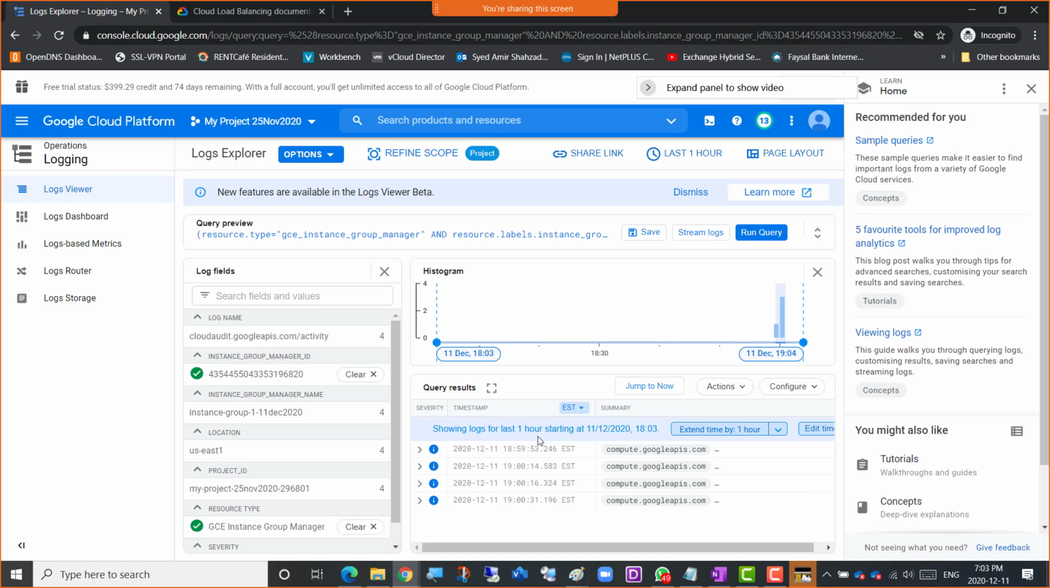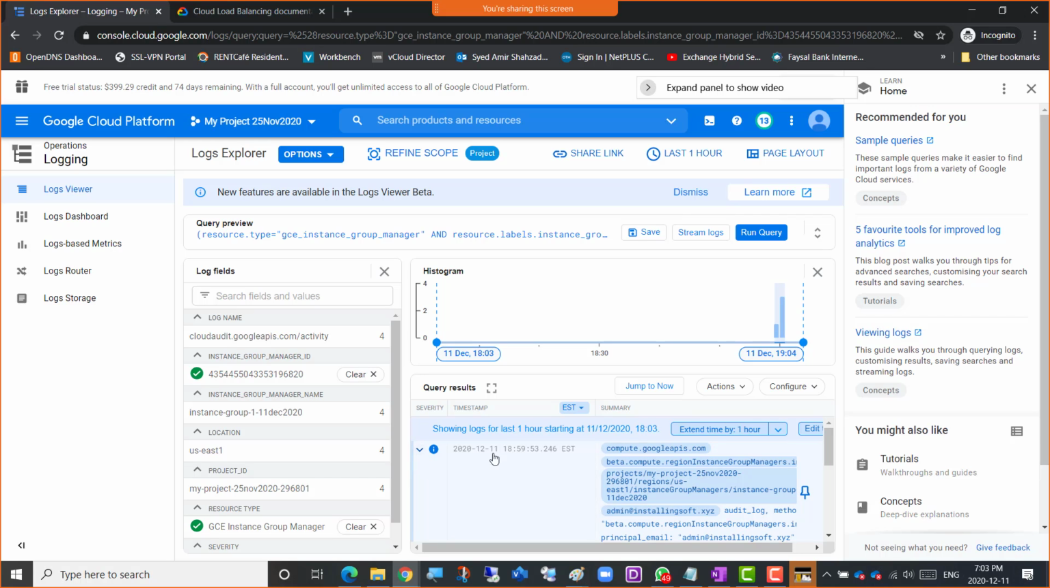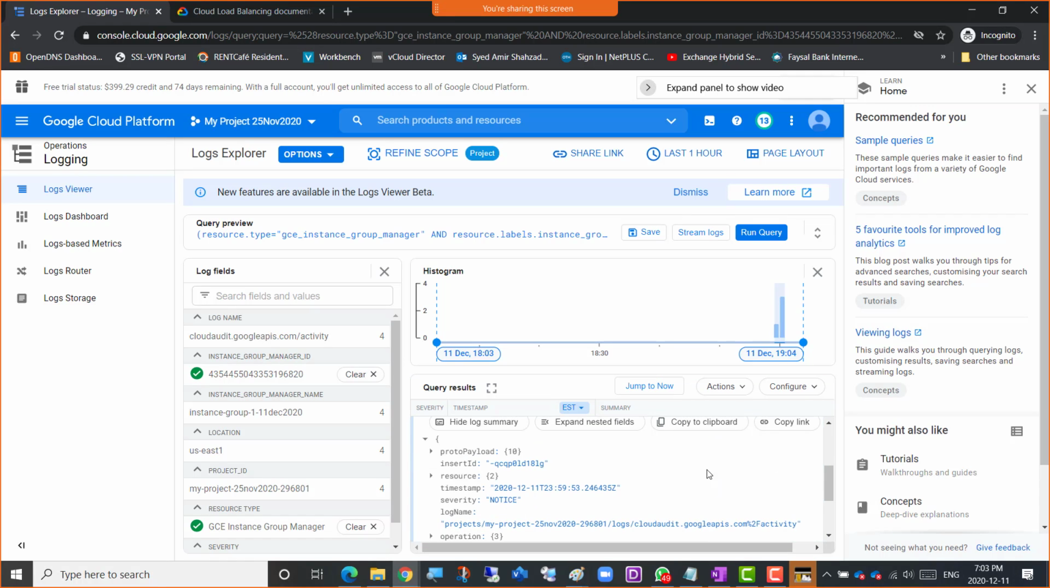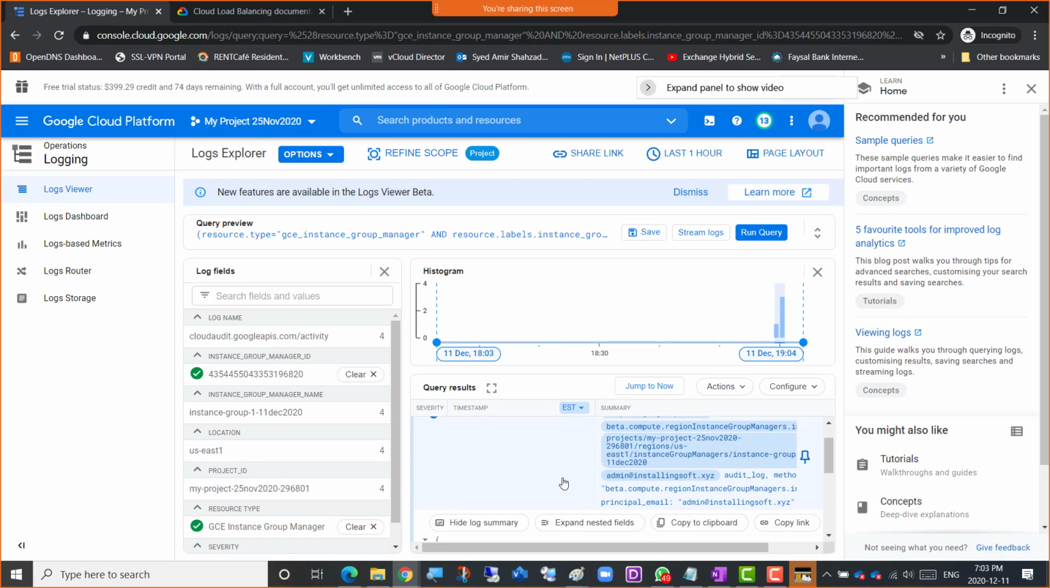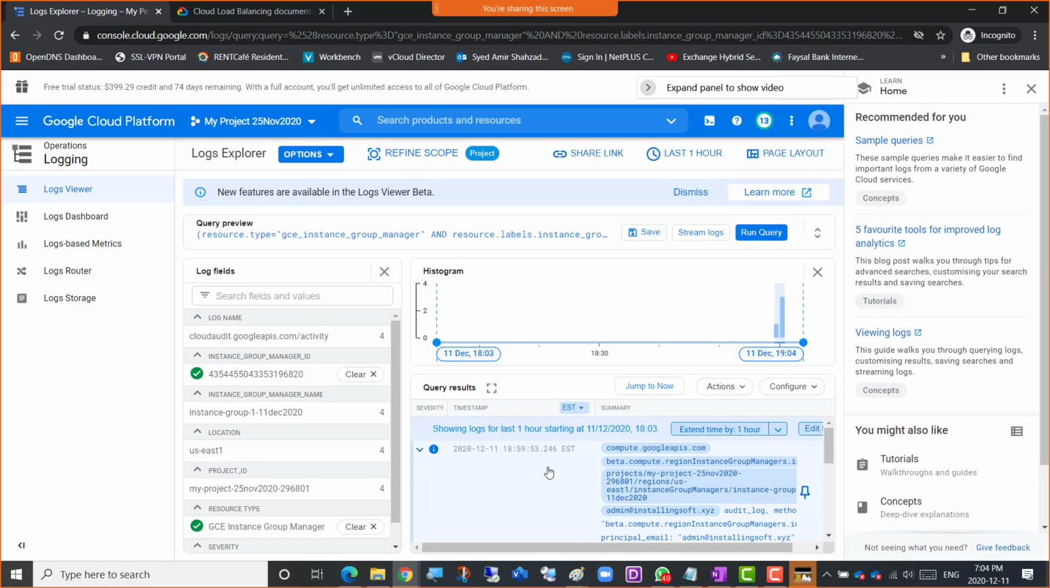It is showing logs for the last 1 hour starting at this time, and if I just expand that, it shows that it belongs to my project. It could also tell you if the log files are available, and if the Apache server was deployed, at what time, and whether it was successful or not. So log files tell you everything that happened during the installation. I'm going to go back. I was inside the logs explorer, in the operations logging, so I'm just going to click the back button of the browser,